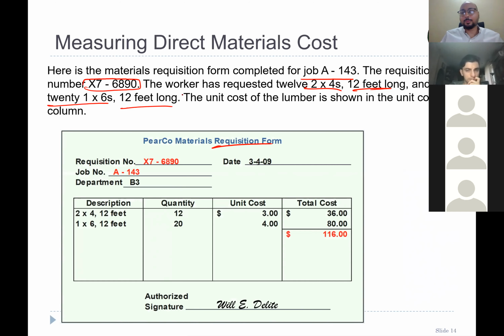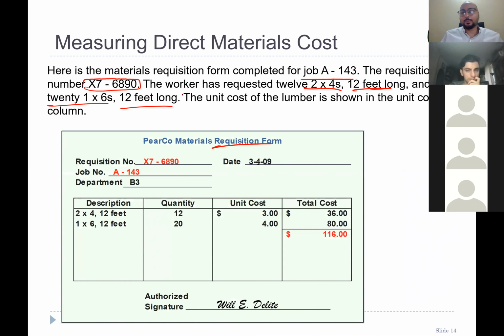Easily calculated, right? So it means from the warehouse or your stock where you save your lumber, material over there, this is authorized by your signature, and they issue to you. So your total material cost is 116. So this 116 is going to be put on